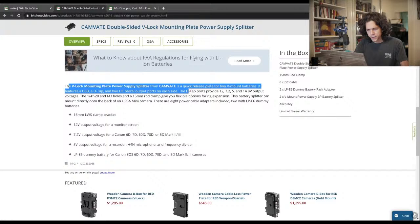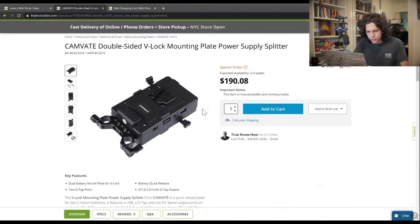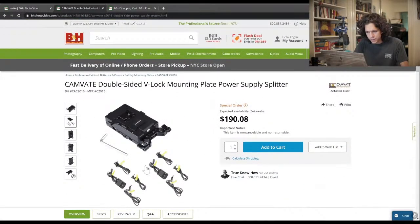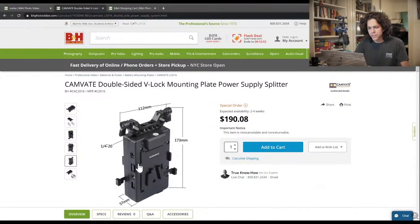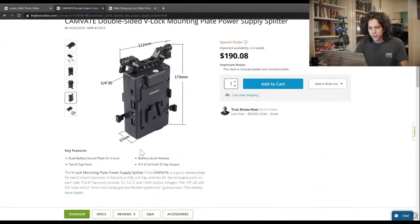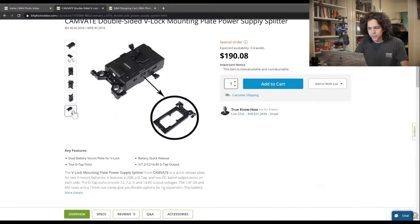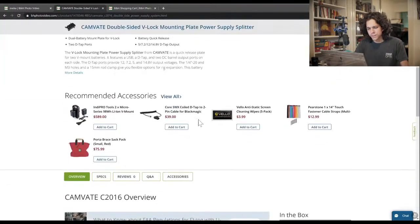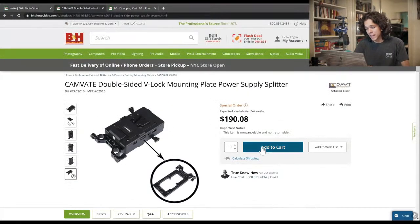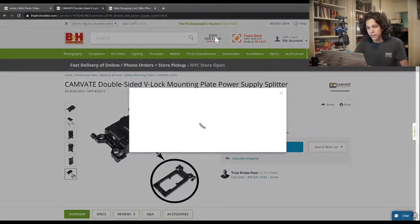V-lock mounting plate. What does this image mean? This has a bunch of D-taps out, which is kind of my main goal here. It has a USB out. It mounts straight onto a frame. And I'm just gonna say this is decent. I'm gonna add it. Now I'm gonna quickly check